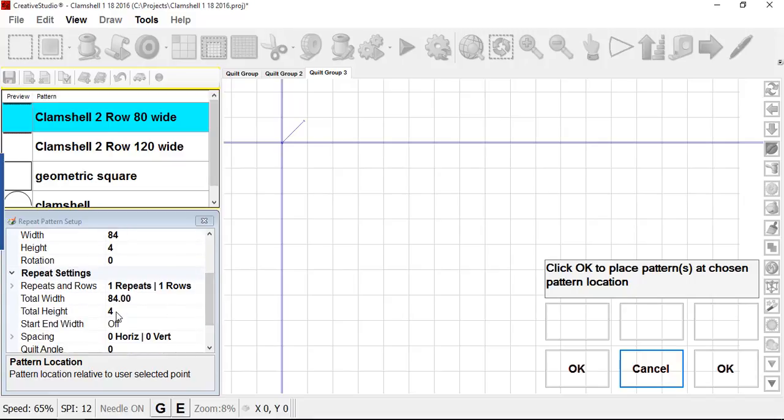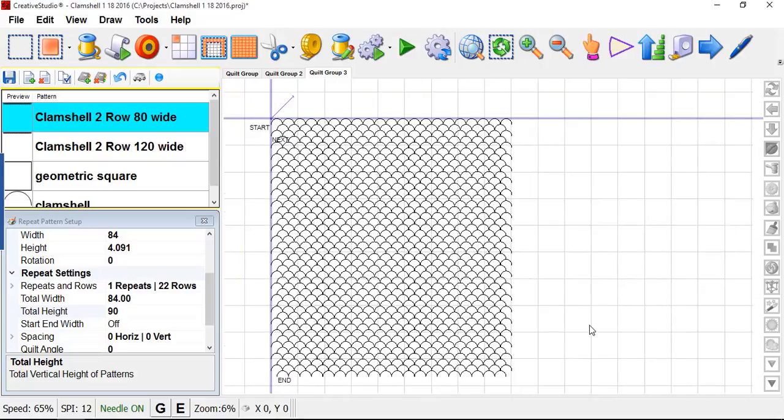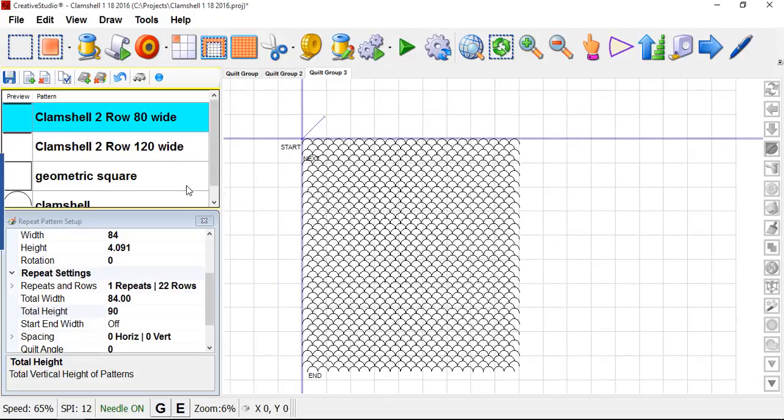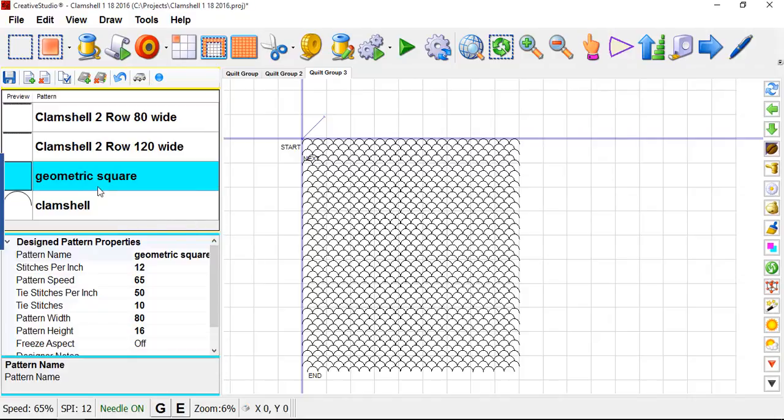I'm going to make my total height 90 inches. That sounds like a good number. Click OK over here, place all that on the screen. I'm going to go get my geometric square. I have it set for, let me get out of this, get my geometric square so we can see what it is. Have it set for 80 by 16,